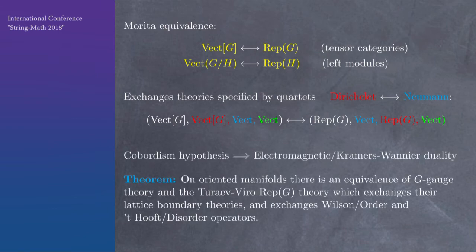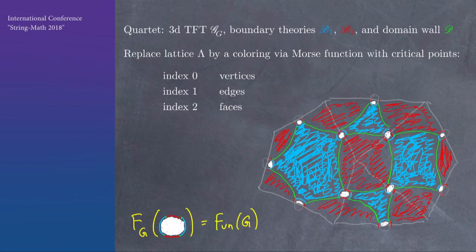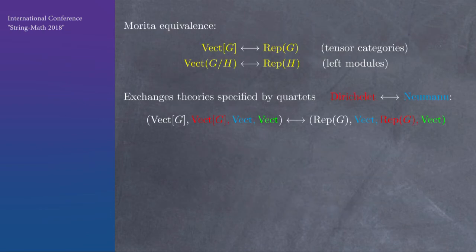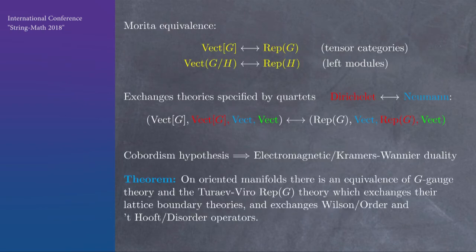So in this way, you see, we're exchanging the blue and the red, and so we're exchanging faces and vertices, and that gets us to our dual triangulation. And we're getting the dual theory. And so what it means is that applying the cobordism hypothesis in this way for this Ising model, viewed now purely in the world of topological field theory, we get a proof, actually, of a rather strong form of this Cramer